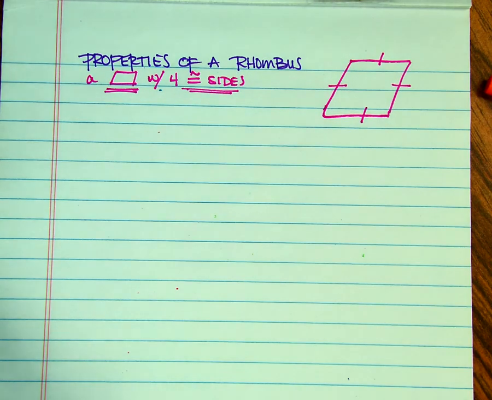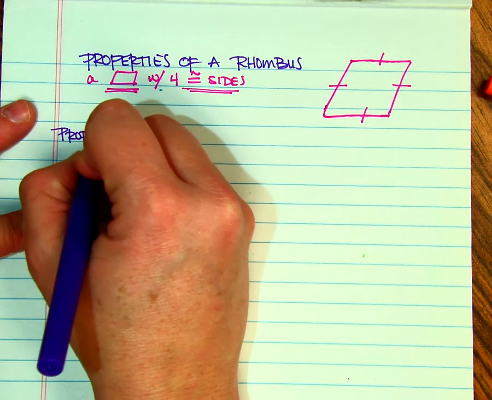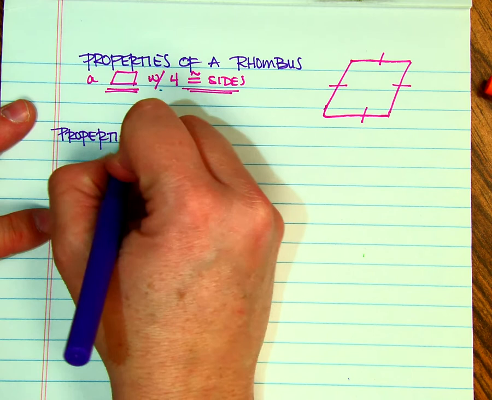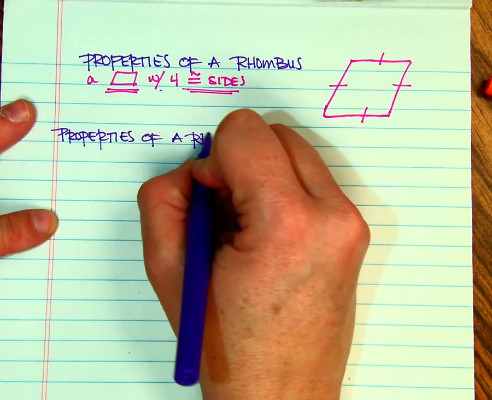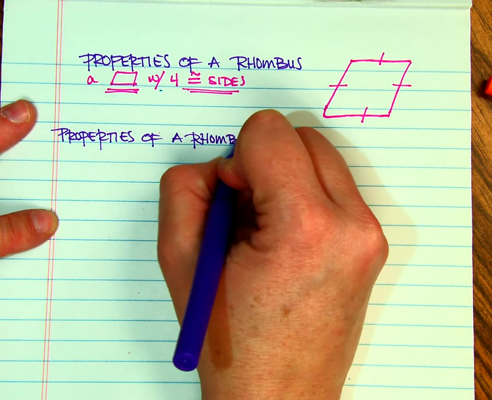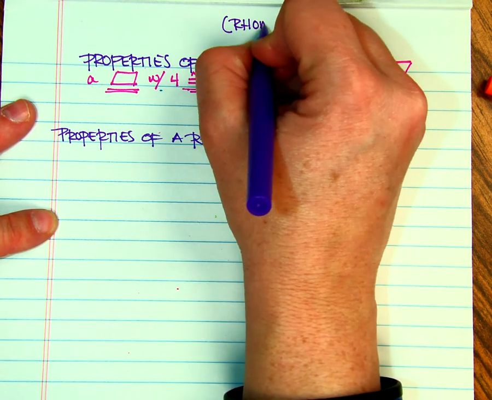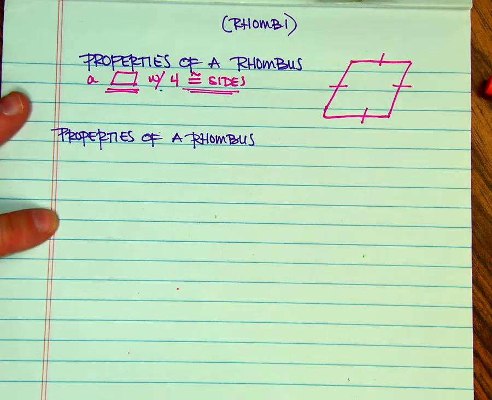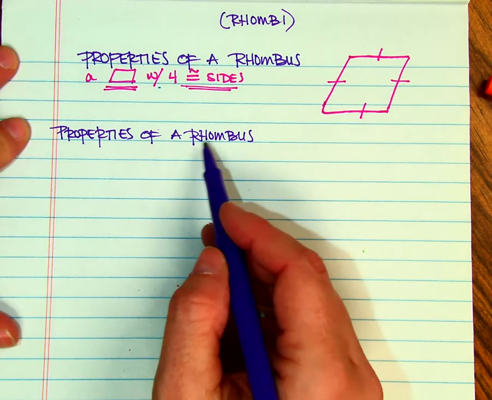Okay, so if we were talking about the properties of a parallelogram, so let's see, properties of a rhombus. And if you have more than one rhombus, we do not say rhombuses, we say rhombi. Just more of an FYI. So if I say rhombi, you don't think that I'm going crazy. So the properties of a rhombus,